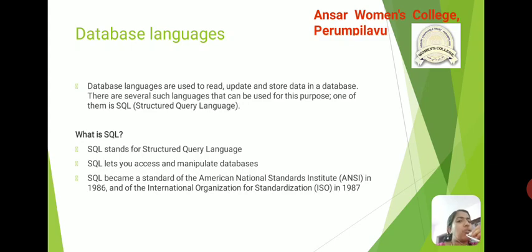That is, SQL is used to access and manipulate data in a database. SQL became a standard of ANSI in 1986 and of the ISO in 1987. So, SQL is a very popular database language that is used all over the world.